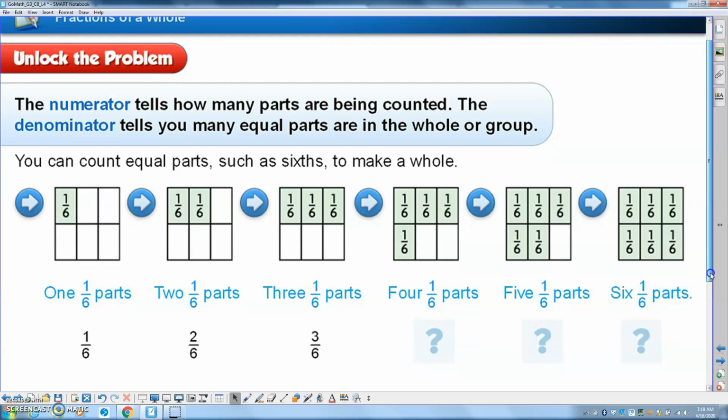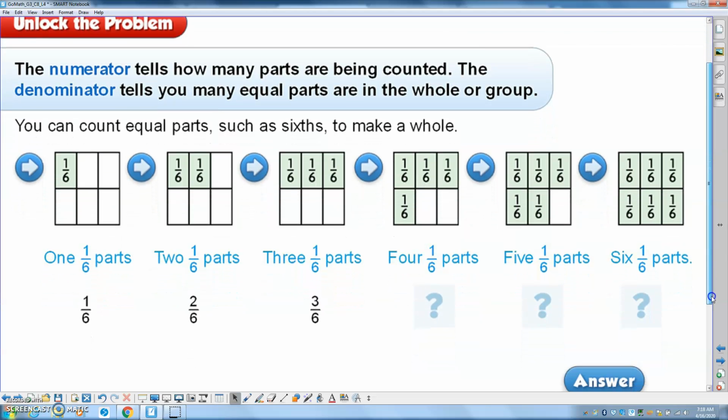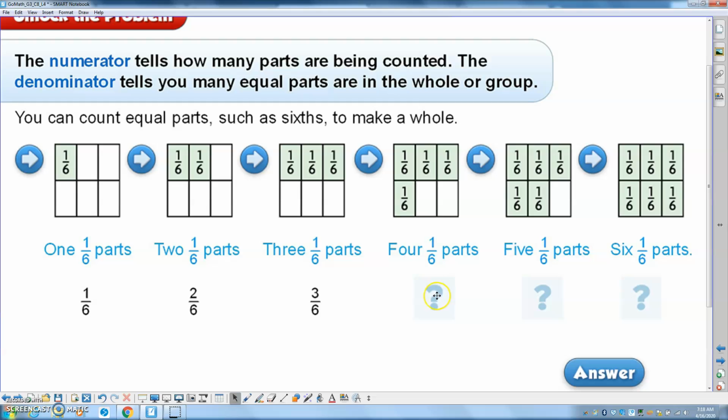So when we add up all those parts, I'm going to reveal our answers here. What would be the fraction for each of these shaded parts? For the first one, if we have 4 1/6 parts, that's 4/6. If we have 5 1/6 parts, that's 5/6. And if we have 6 1/6 parts, that's 6/6. Now when we have 6/6, notice the numerator and the denominator have the same number,